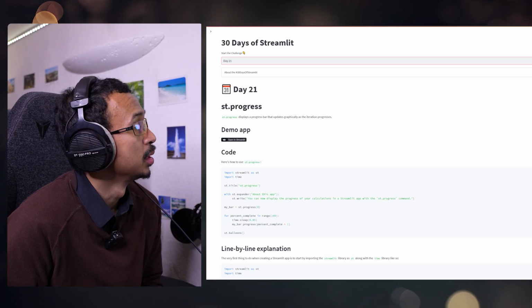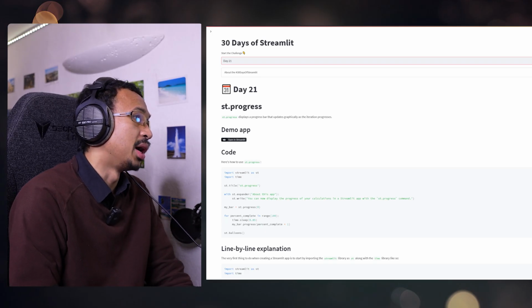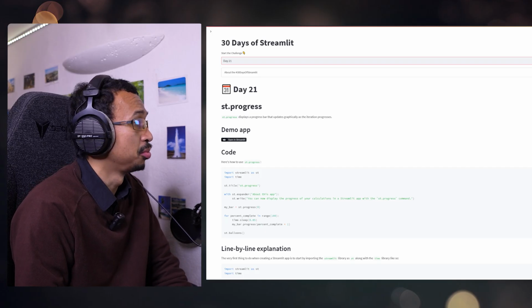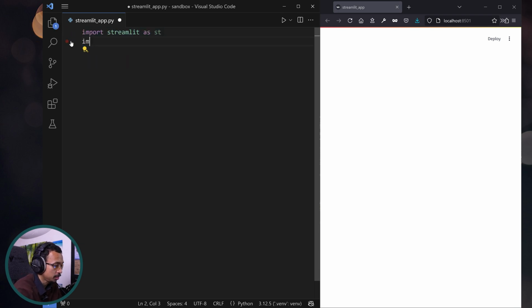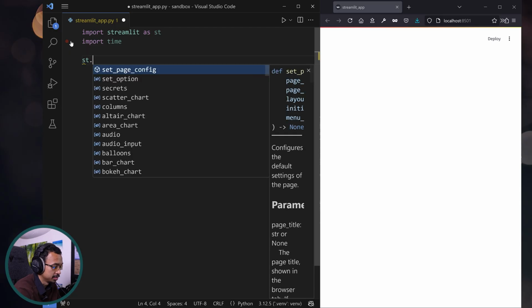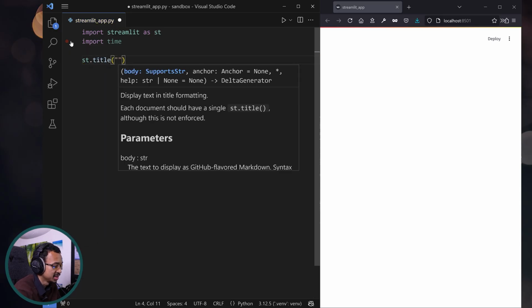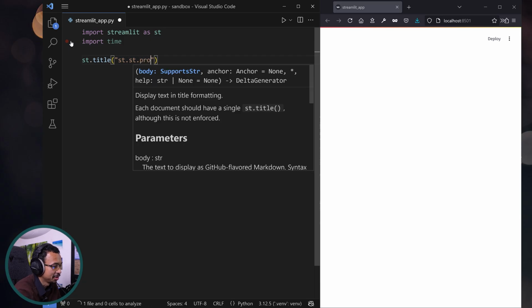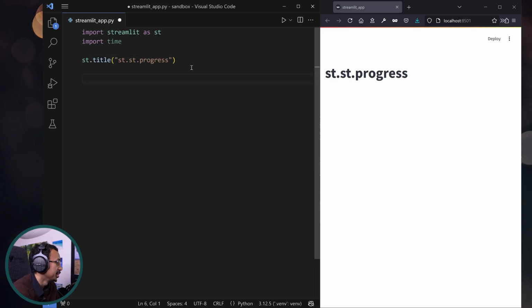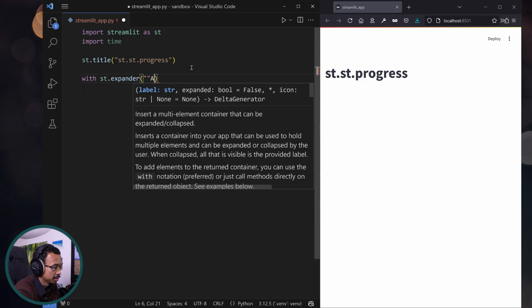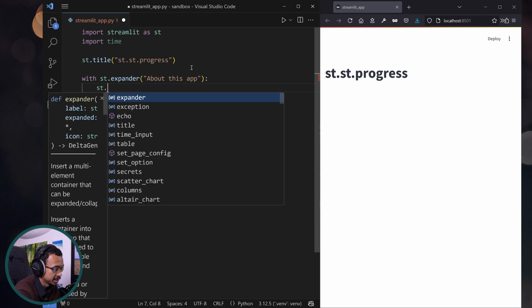st.progress. st.progress displays a progress bar that updates graphically as the iteration progresses. Well, let's go back to our Streamlit app and import time and add a new title. Now we're using title instead of headers. With st.expander about this, and now that we know more containers, we can use them, about this app, and we can add some